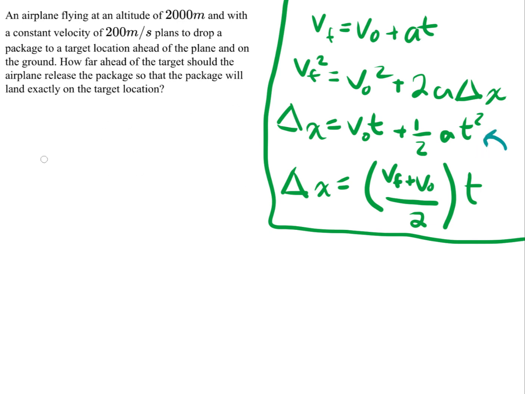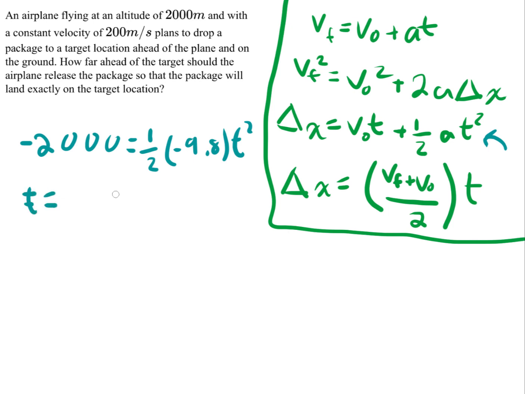So the change in y, the y displacement, is minus 2,000 meters. And then there is no initial y velocity, so we can ignore that. And then 1/2 times the gravity, just minus 9.8, that's the acceleration, times t squared. And then now, if you simplify this, it will give you that the time